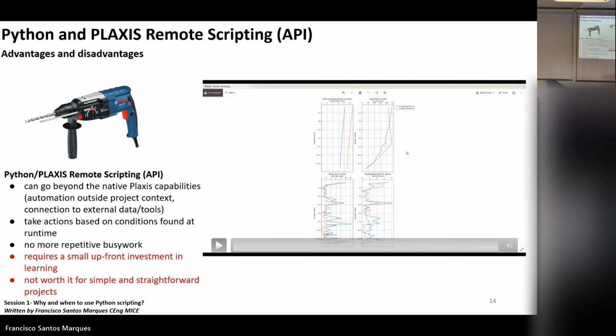But not everything is perfect. There are always disadvantages, of course, because it requires a little bit of investment. You don't create these kinds of things in just a couple of minutes.